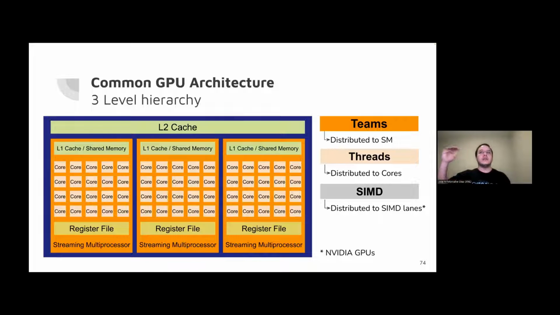So the first level is called teams, and when you use the teams directive, you are creating a league of teams, where each team is just a collection of threads. The second level is threads, and the threads are often mapped into the cores. The teams are mapped into streaming multiprocessors, and the threads are mapped into the cores. There is the SIMD directive that in NVIDIA's GPUs does absolutely nothing in a lot of compilers, but some compilers may use it to optimize the way that they structure assignment of cores, but NVIDIA architectures do not really have SIMD instructions. I'll give an example of what SIMD looks like, but it's not really that important for NVIDIA